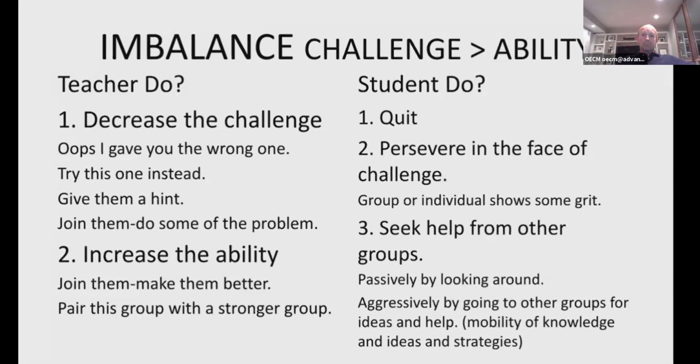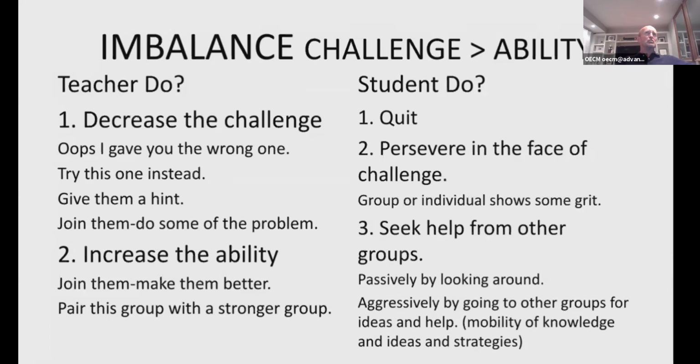So what could the student do? The students could quit. They could say, I have no idea how to do this. I'm not going to do it. They could persevere in the face of challenge. So the group or individual might show some grit and stick with it and keep trying different things. Or they could seek help from other groups. So they could do that passively by looking around, or they could actually go to another group and ask them